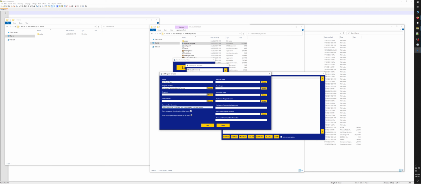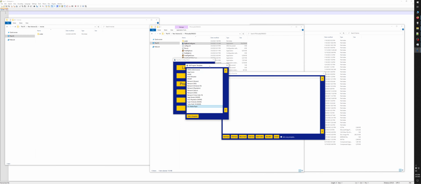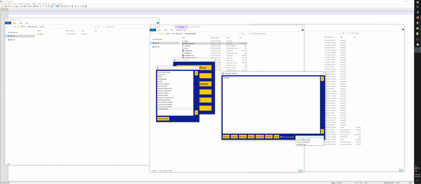program when the video is done playing, turning off the on-screen display, and turning off all of the overlay text. Then you can see how we have force program to quit enabled, and we're telling it that we're going to use the full file path for anything we add. So if I say add using template and I select VLC,